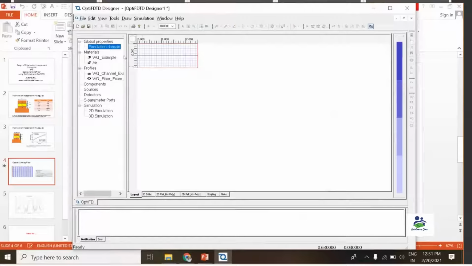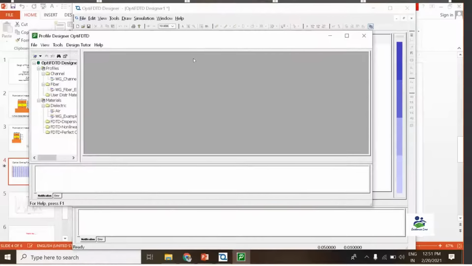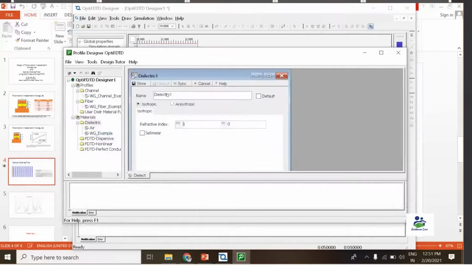It's better to define a material first. So I directly click on materials. We have a profile designer over here, and we are using a dielectric type of material. I simply add new, and over here I am making the name as N1, and the value I am substituting as 1.5.